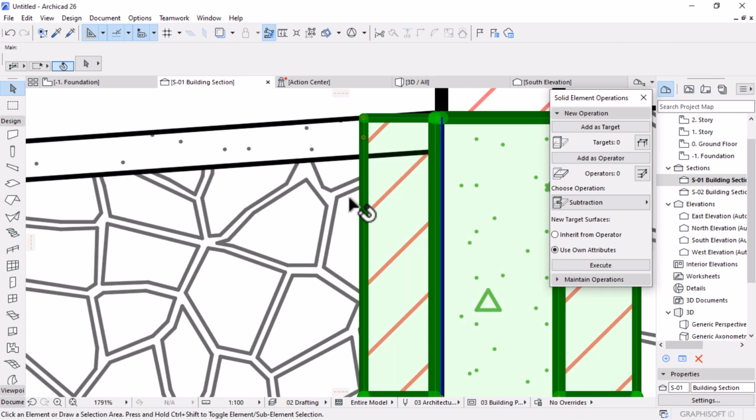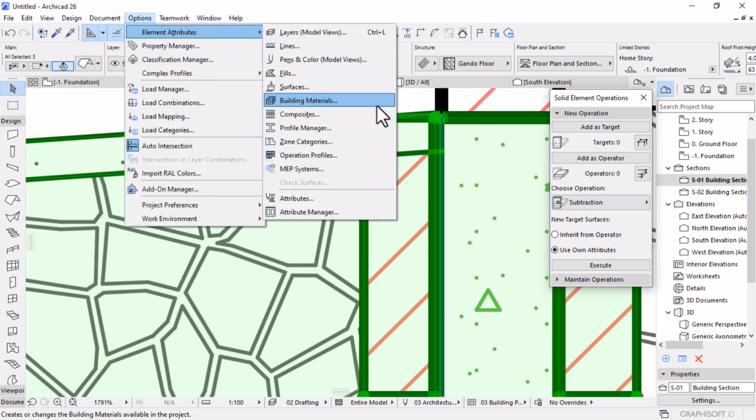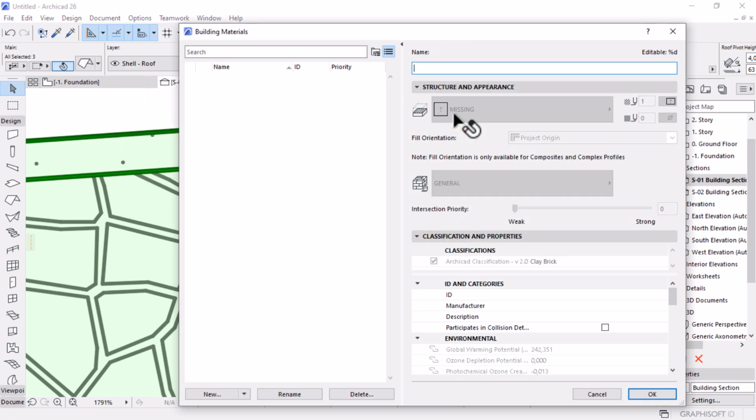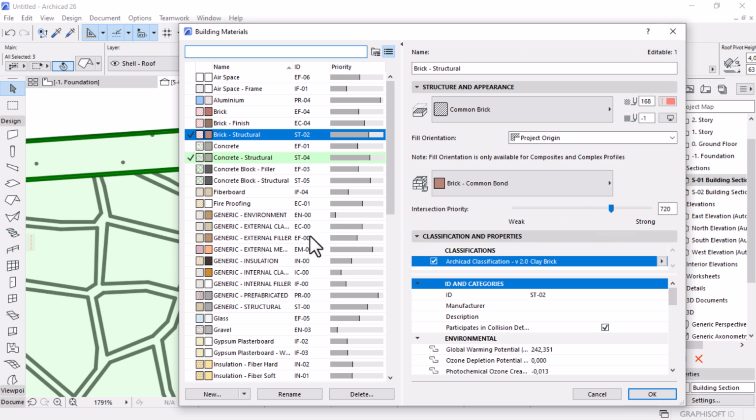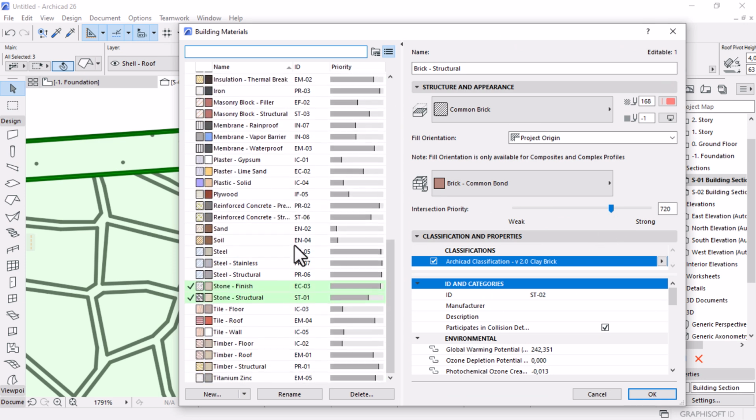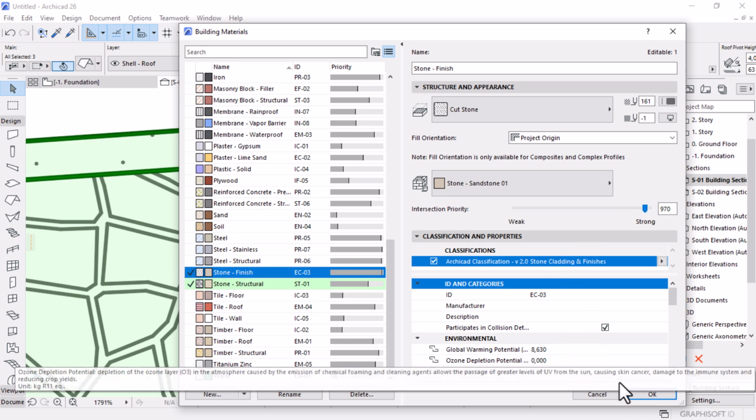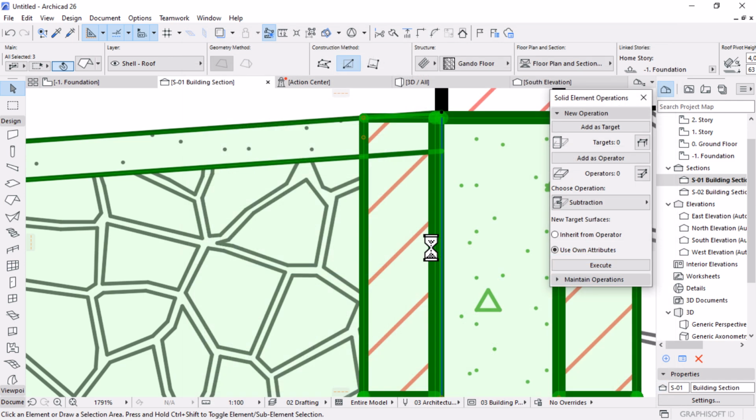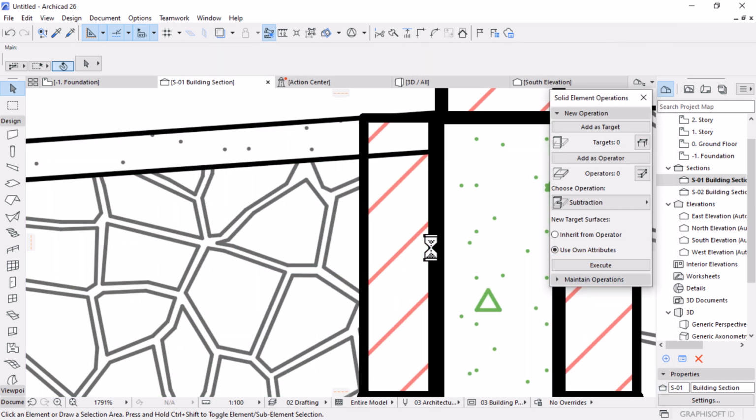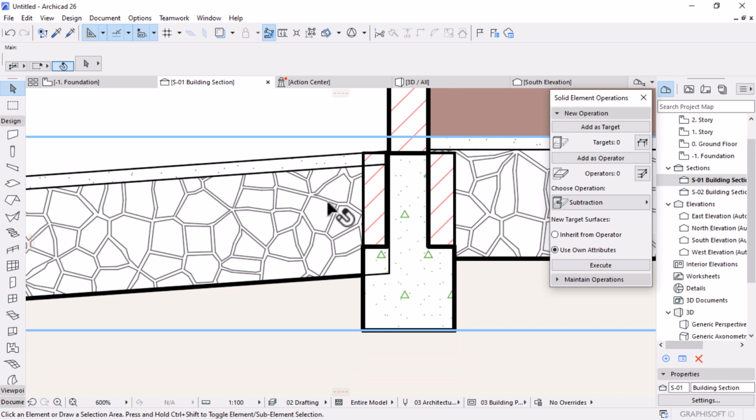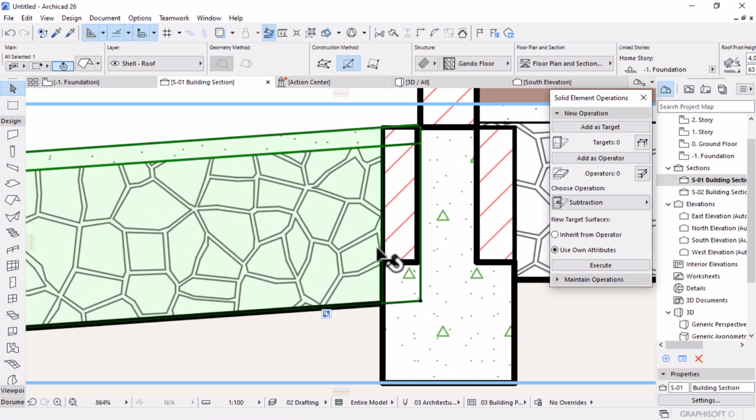It didn't clean up. Oh my god, let's go back again. Building materials, brick structural is around 720. The stone finish should be, but it's all the way to there. Okay, it's already strong. Okay, so here,